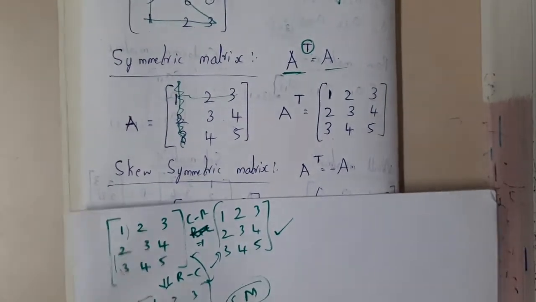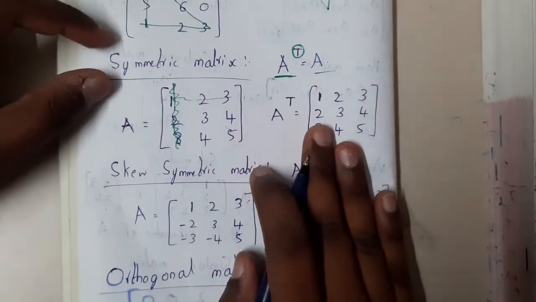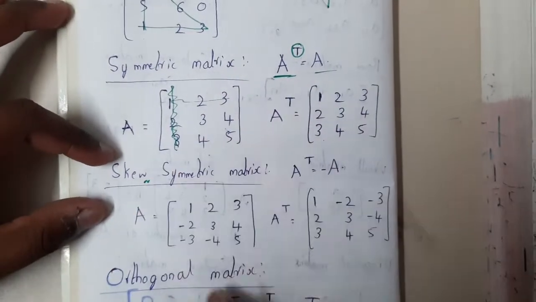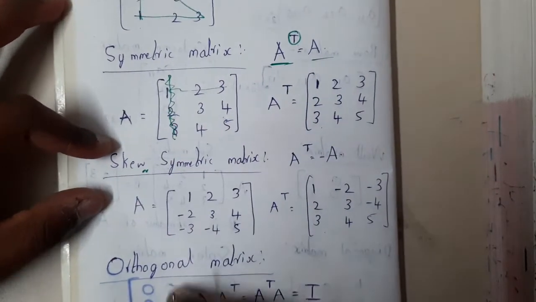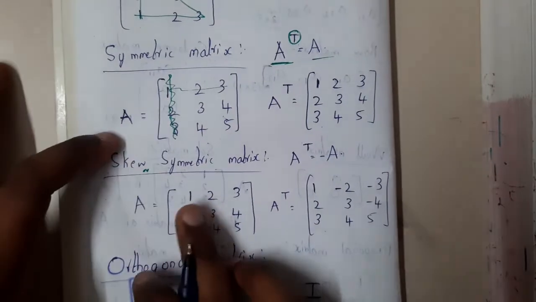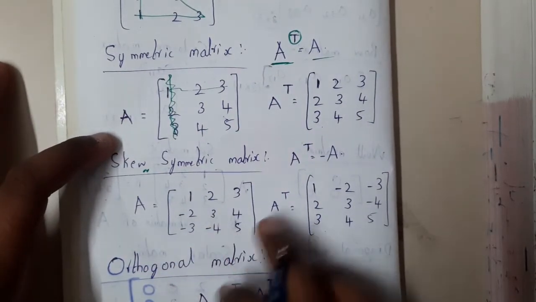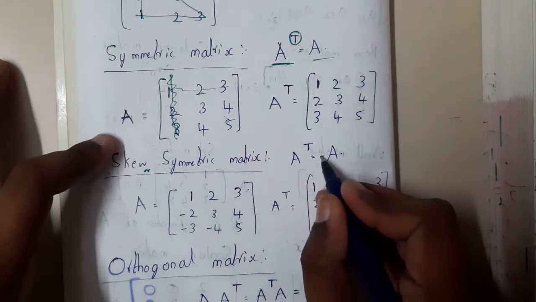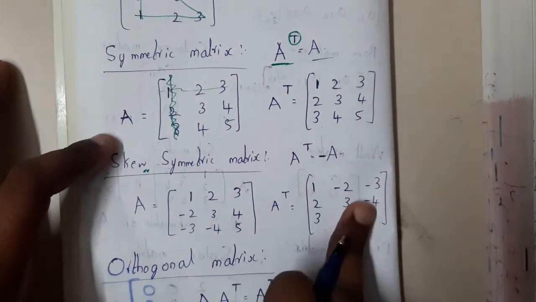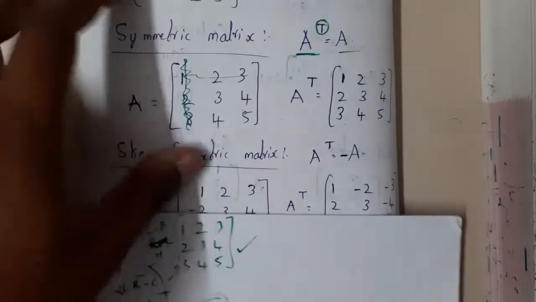Okay. Similarly, skew symmetric matrices. So just add one word, skew. So skew indicates that you will be getting negative values, guys. Okay. So observe again here. So A is equal to 1, 2, 3, minus 2, 3, 4, minus 3, 4, 5. Okay. So after the transpose and after multiplying by minus, you'll get this as the result. So just concentrate for a minute, you'll get an idea, guys.